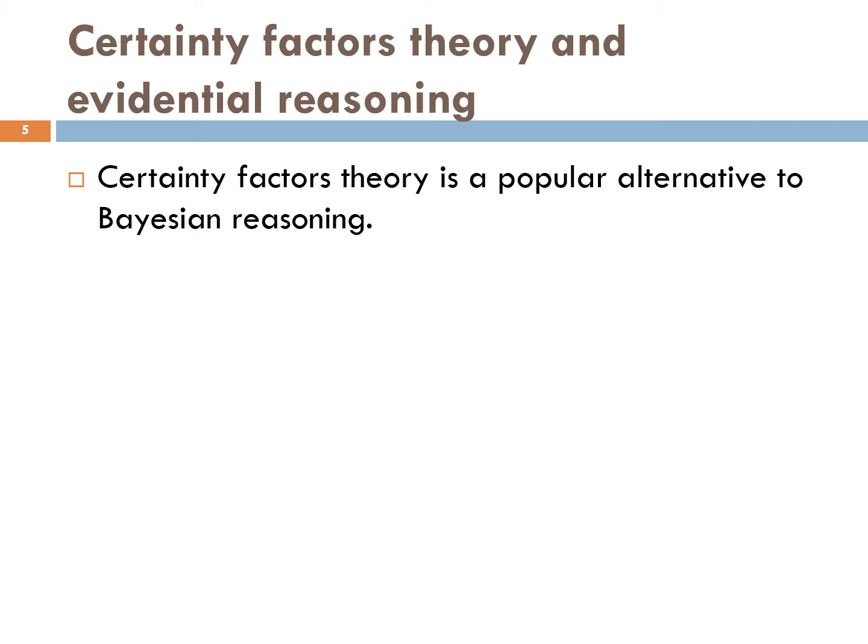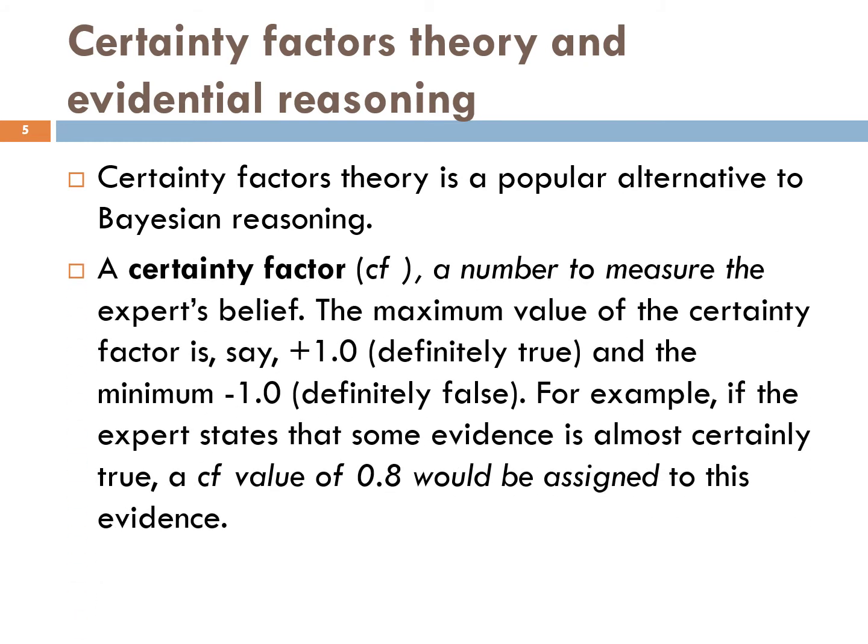Certainty factors theory is a popular alternative to the Bayesian reasoning. This is another option where you can use it. A certainty factor is a number to measure